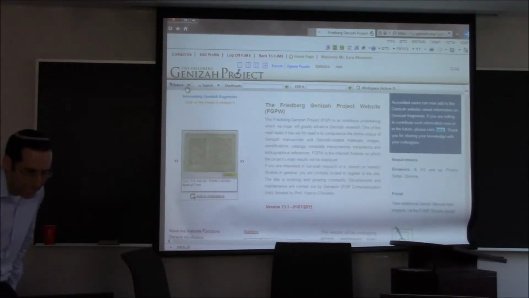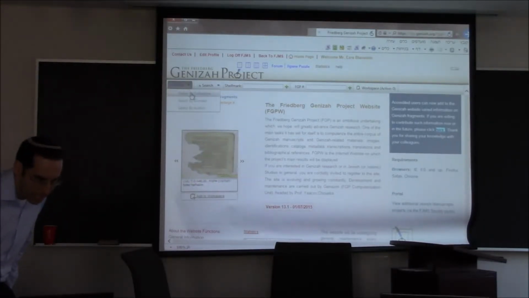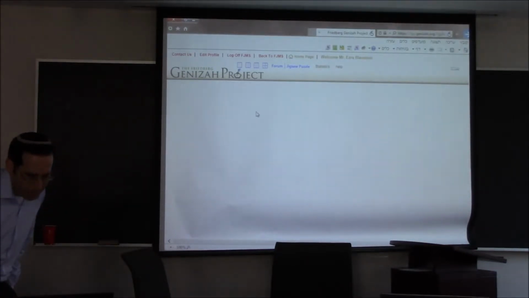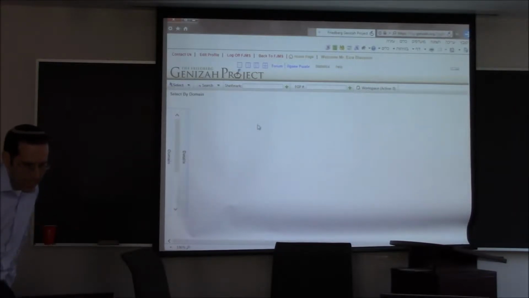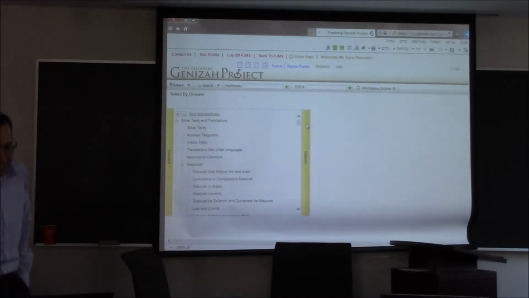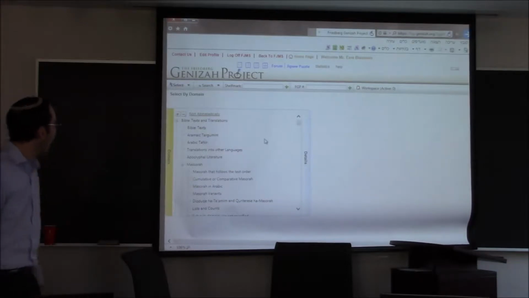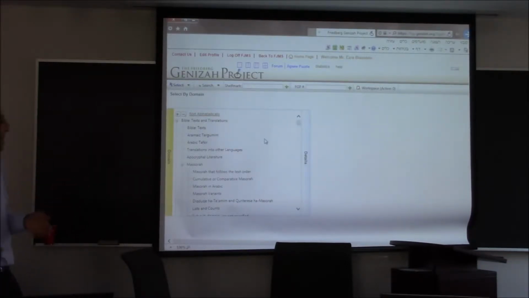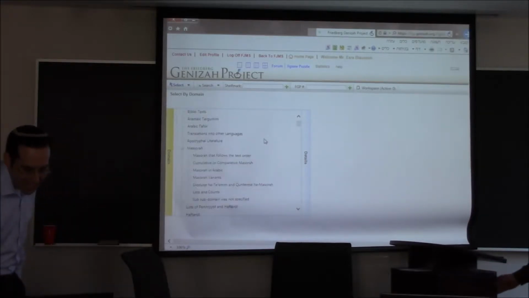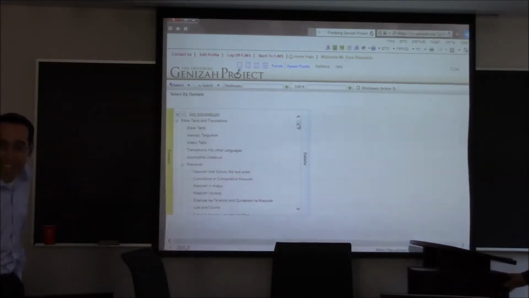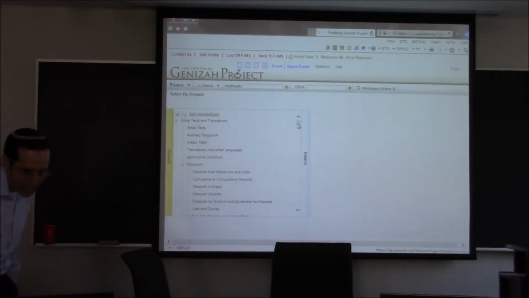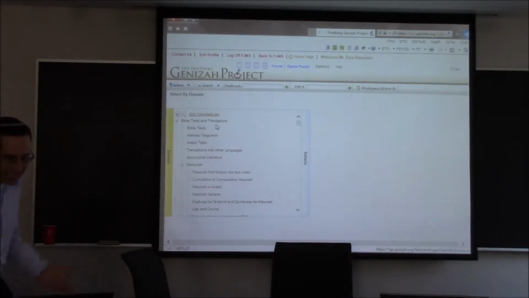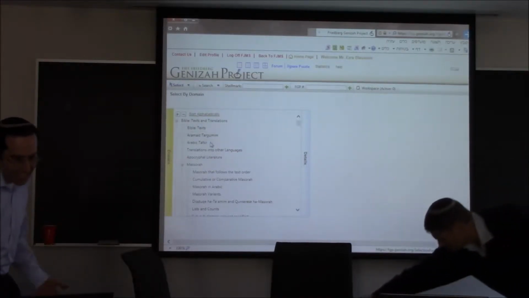If you go to select, we'll skip select by collection for now, we'll go to select by domain. And here we see that this website has, well, not the website itself, people who worked on the website, have sorted the whole Genizah into subjects, into easily navigable subjects that we can just look through. So for instance, if your research is in text of the Bible, you can find whatever the Genizah has to offer about biblical text, Arabic tafsir,